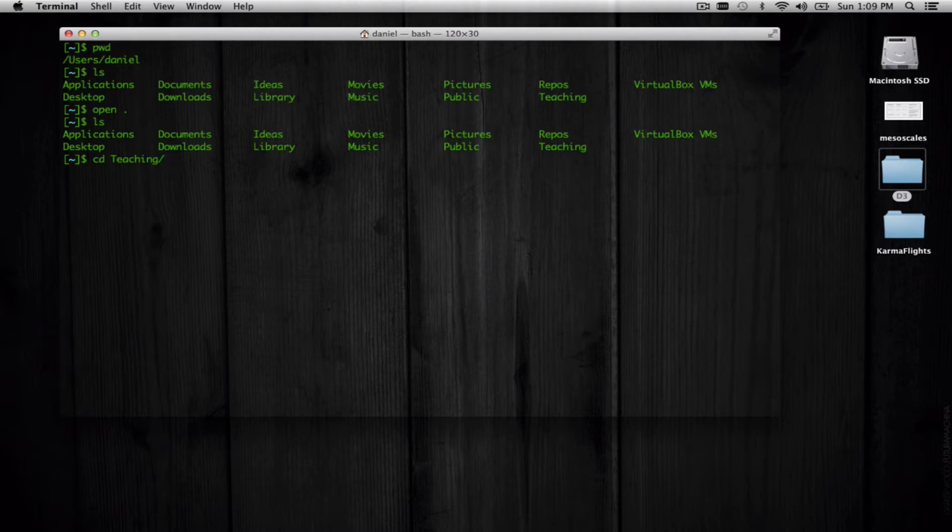So I'm going to cd teaching, hit return, and now you can see I'm in the home directory. This little tilde sign stands for my home directory. That was called Daniel. And from there I'm in teaching. So things aren't going to look the same anymore when I hit ls. When I hit ls, I've got these other directories in here